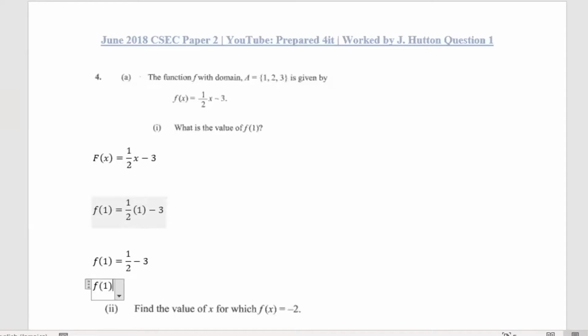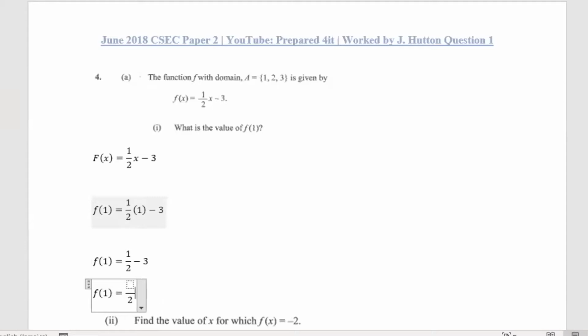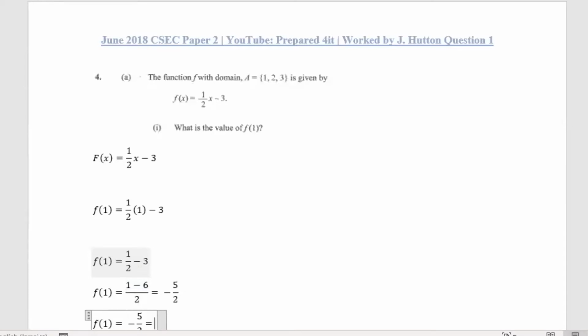So what we'll get is f of 1 is equal to, finding the LCM, the LCM is 2. So 2 into 2 goes 1 time, 1 multiplied by 1 is 1, and 2 into 2 goes 1 time... 1 into 2 goes 2 times, and 2 multiplied by negative 3 will give us negative 6. And what we have now is 1 minus 6 to give us minus 5 over 2. And that is our answer, which can then be broken down. So f of 1 is therefore negative 5 over 2, which is the same as negative